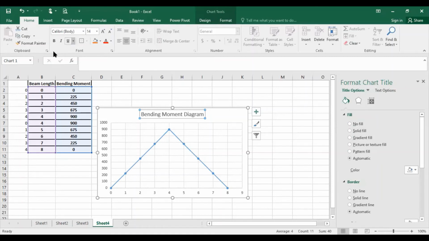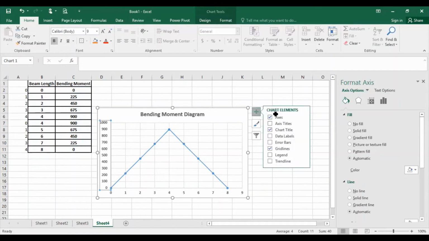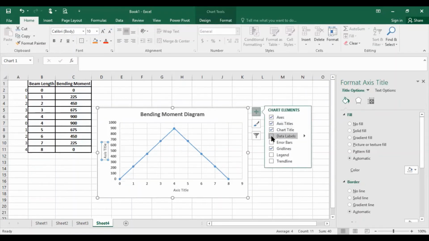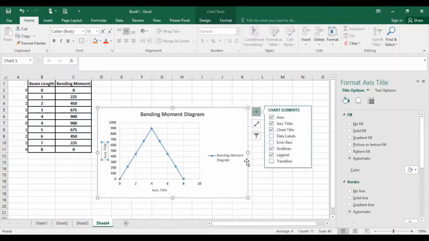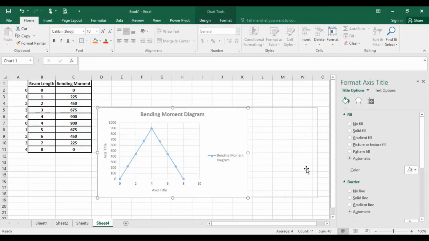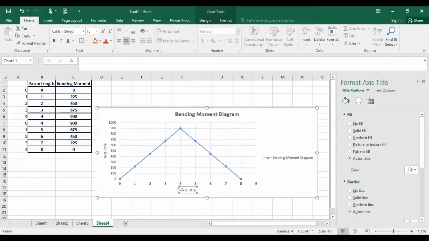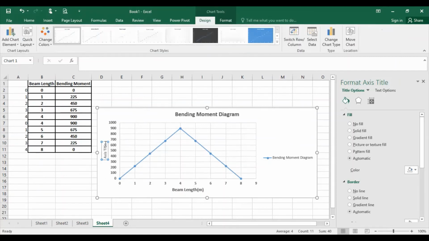So hide meeting controls. I am going to make it bold. You can show this bending moment. This is also bending moment here. So you have to add axis titles here, axis legend. So it is bending moment, and now I'm not going to put a trend line over here. You can see I will write in the axis title what this is: beam length, and beam length is in meters because the values of the beam are in the metric system. So I will make it bold, and your graph will get attractive and impressive.